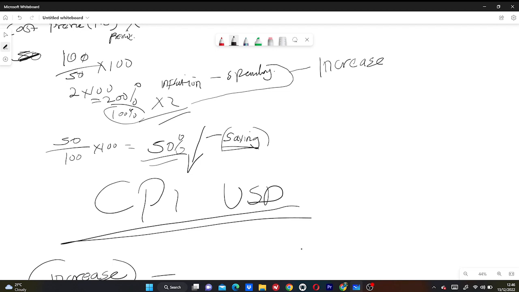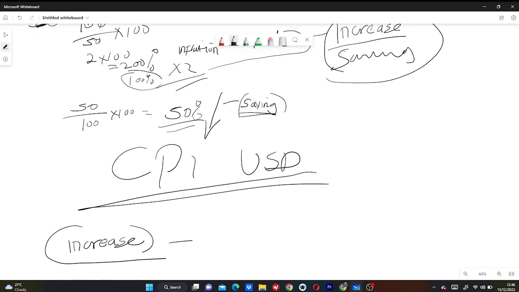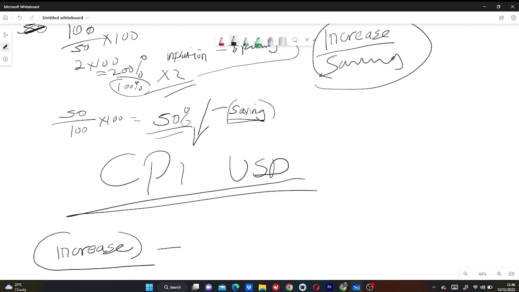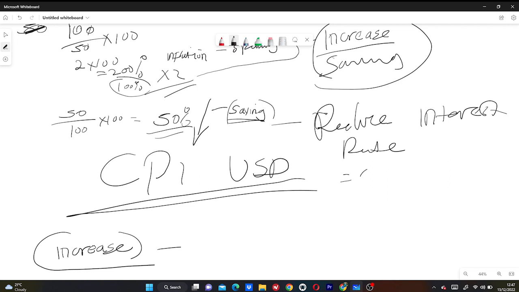And let's see over here. So what will happen, people will now start saving money, which ensures cooling down of spending. Okay, they just have to cool down the spending. Now what happens if the interest rate is very small? What the government will do over here is to reduce the interest rate so that it can encourage people to spend. Okay, they will encourage people to spend money. Yeah, so that's what you have to know.